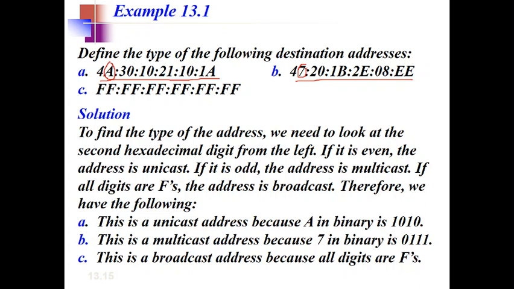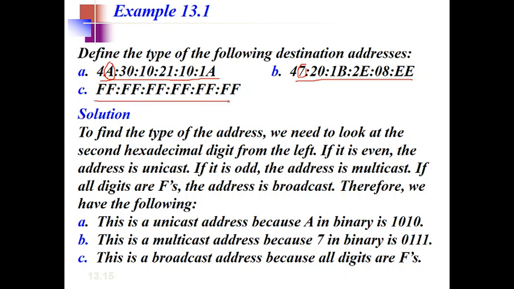If you represent it in binary, the least significant bit of the first byte will be 1 here, and in the other case it will be 0. In simple terms, whenever this is odd, it is a multicast address, and whenever this is even, it is a unicast address. So in this case it is an odd number, that is why it is a multicast address.